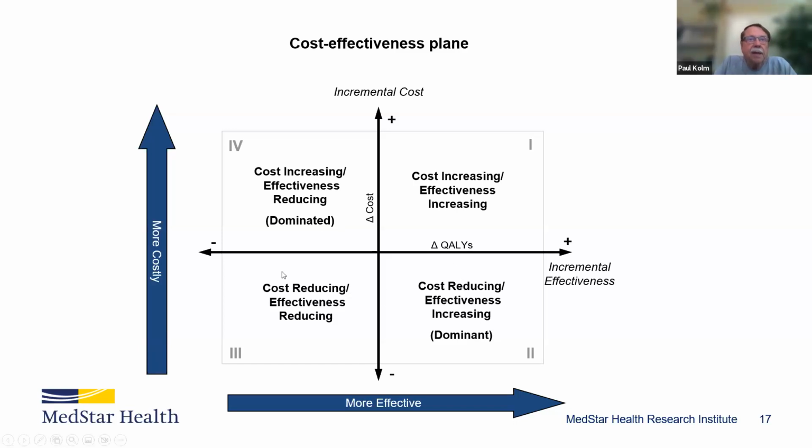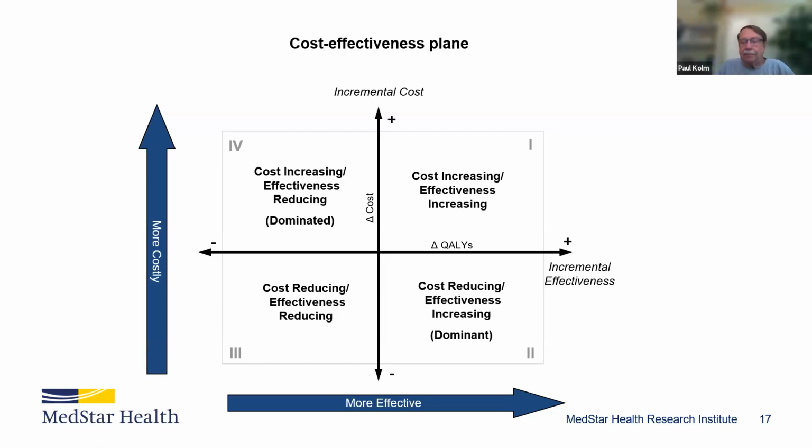So if they fall in quadrant 3, then the decision is made as well. It costs less, but is the effectiveness still worth the cost? And then quadrant 4, where nobody wants to be in their analysis, is where we have higher cost and less effectiveness. And if our bootstrap replicates fall in quadrant 4, then we say that the treatment is dominated. That is, it's more expensive and it's less effective, which is not a good place where you want your study